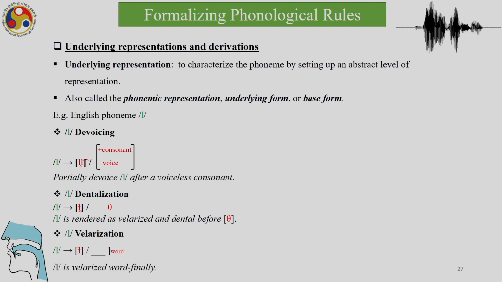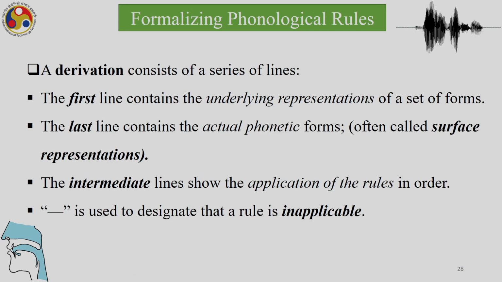So, this will show that this is word final, this will show that there is a following consonant, and this will show the preceding environment, because the dash follows the environment, and if the dash precedes the environment, it will show a preceding environment. Similarly, if the dash precedes the word boundary, it will mean that it is a final environment. So, a phonological derivation shows how the rules apply.